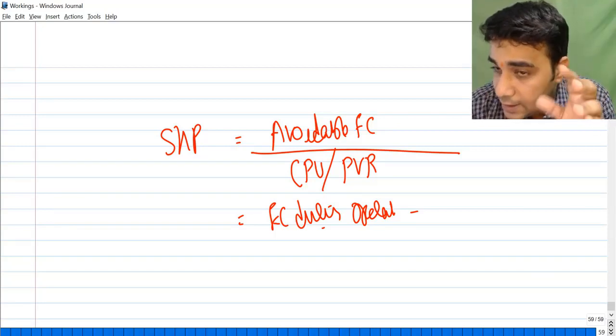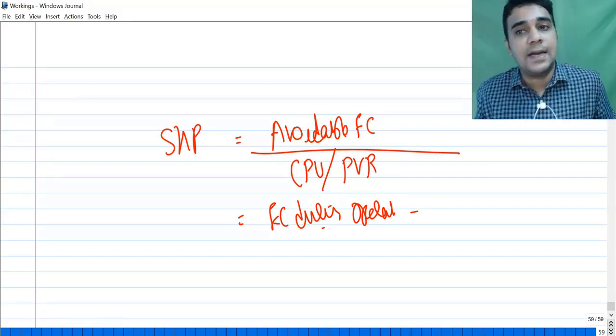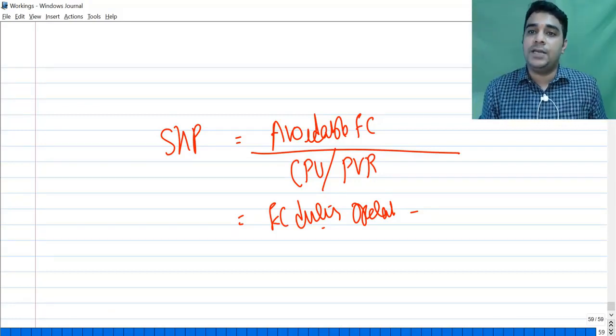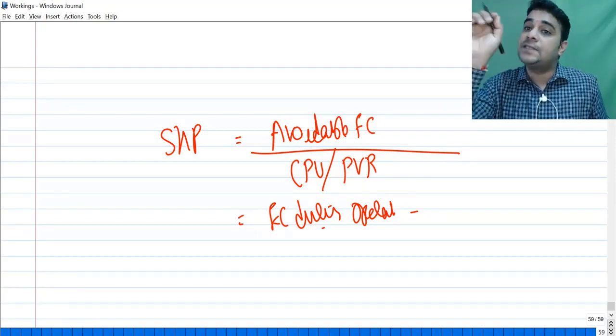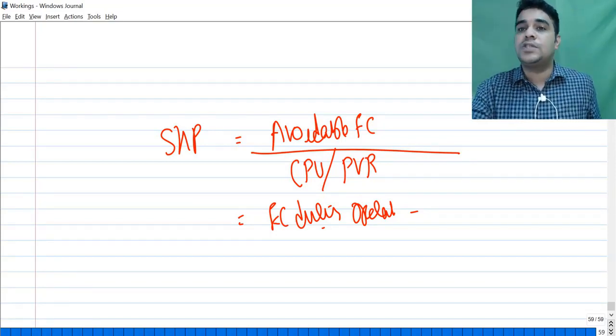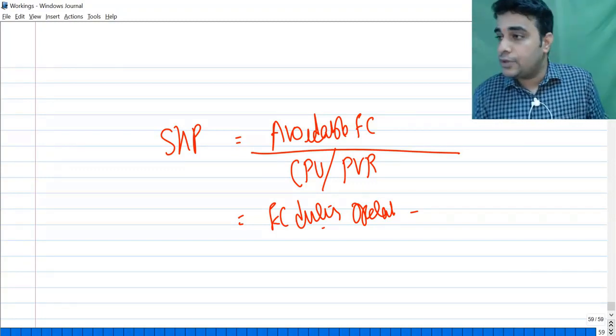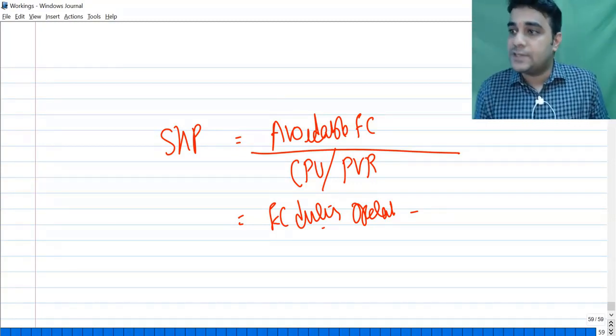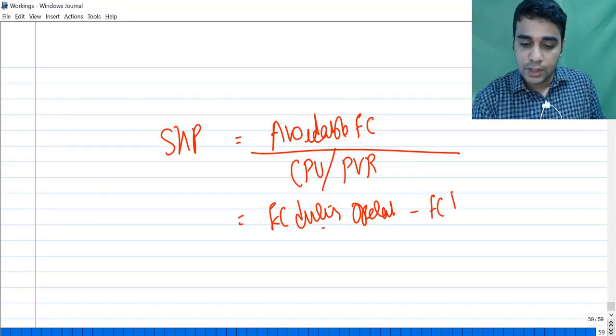20 minus 5. So when you shut down the operation, we did that NICO example. In that NICO example, our understanding was fixed cost during operation and fixed cost during shutdown are both the same. So the shutdown point for that NICO example is 0. If the occupancy is 0, still continue operating. That's what the shutdown point said in that example, because there was no data on what is the fixed cost which is going to be incurred if you shut it down. So minus fixed cost during shutdown.